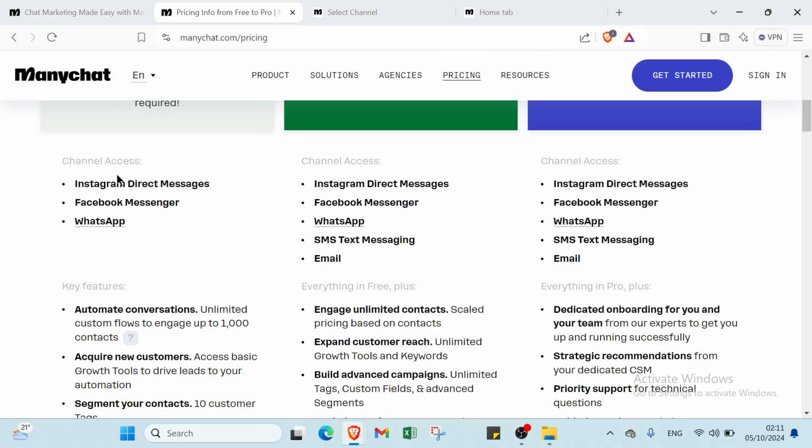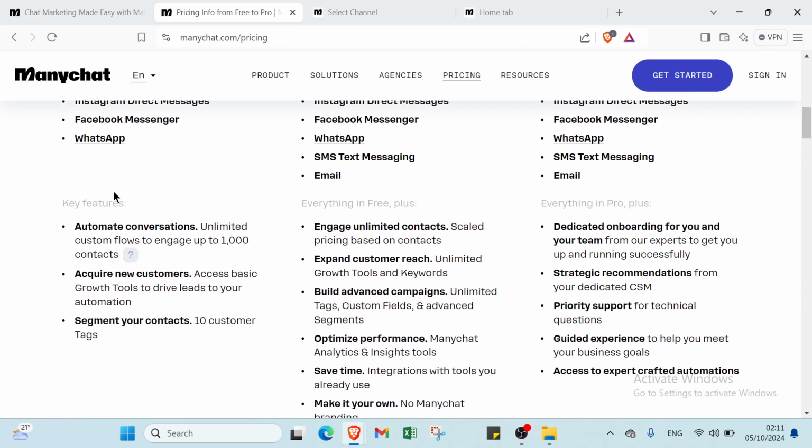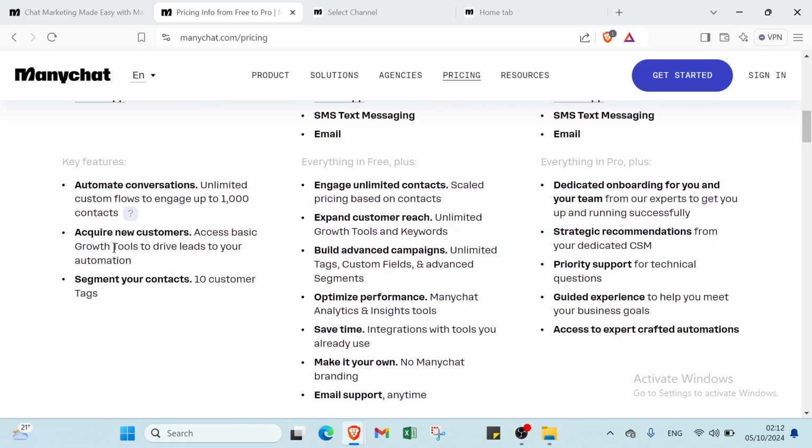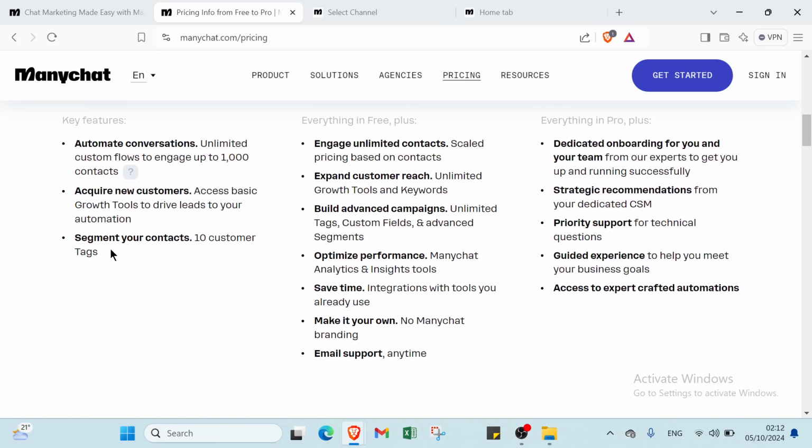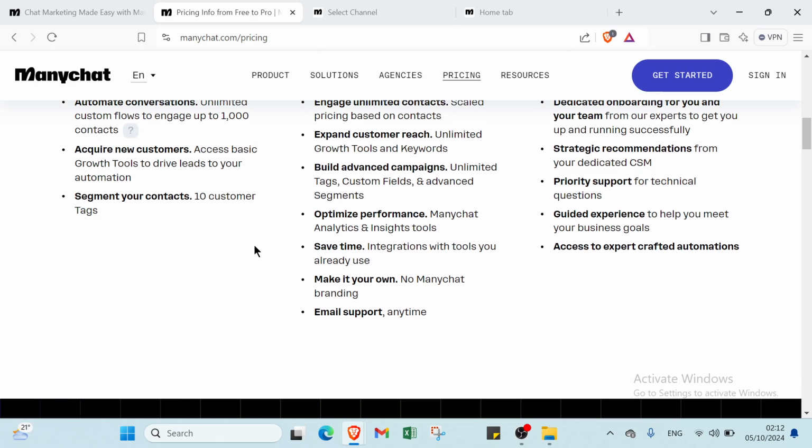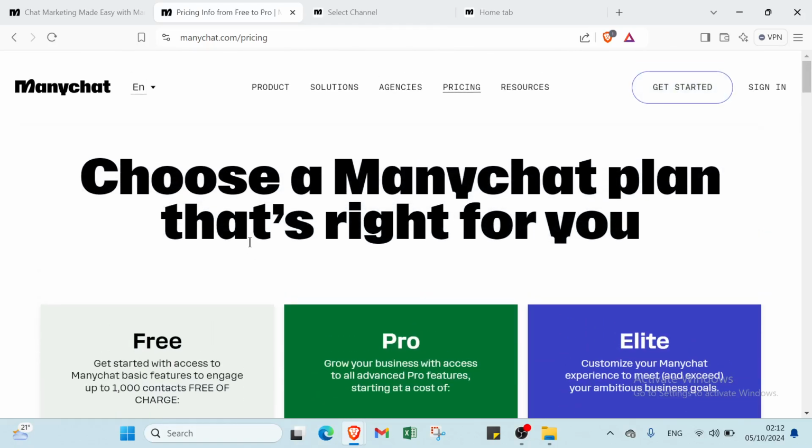We have here channel access: Instagram direct messages, Facebook Messenger, WhatsApp. You have your key features: automate conversations, limited custom flows to engage up to 1000 contacts, acquire new customers, access basic growth tools to drive leads to automation. Then we have segmented contacts, 10 customer tags. So this is it. And if we come back here,